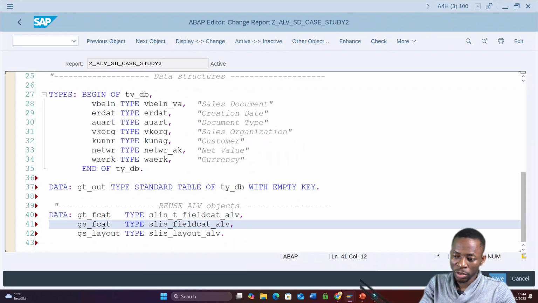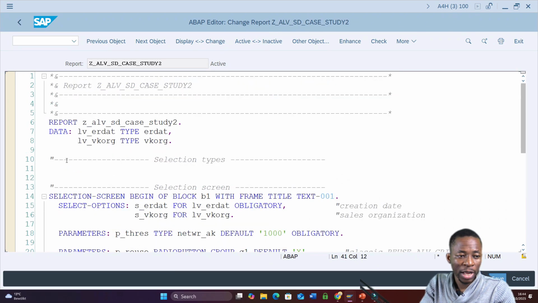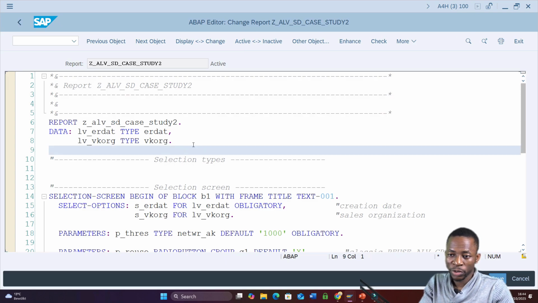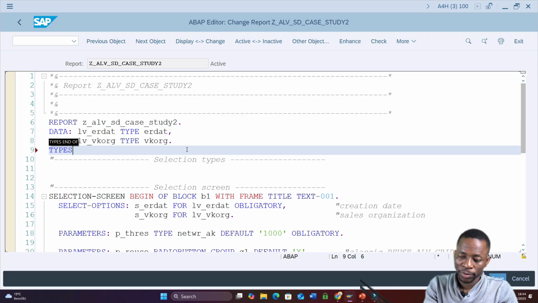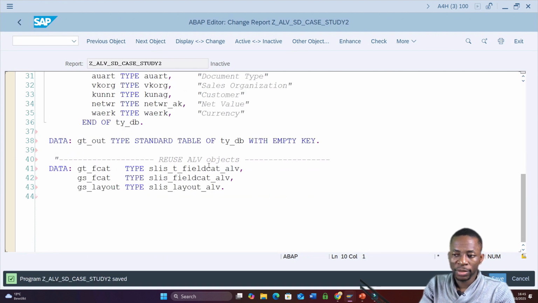We need a structure also that is type SLIS_FIELDCAT_ALV. So if you have done ALV, you know that these are prerequisites to use the function module. And so if we're using the SLIS, then we need to declare the type pool at the beginning of our code. So using the keyword type-pools and then SLIS, LVC. So let's save this. So these are the data structures for the reuse ALV that we are going to be using,